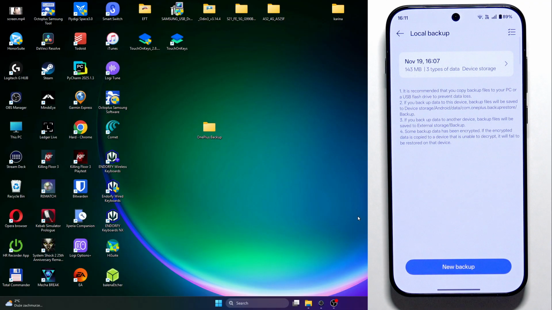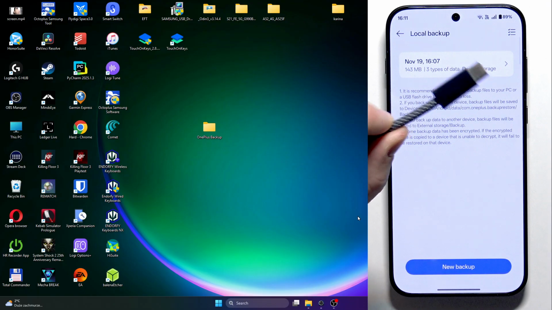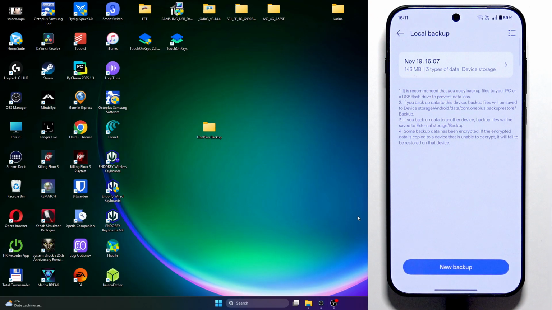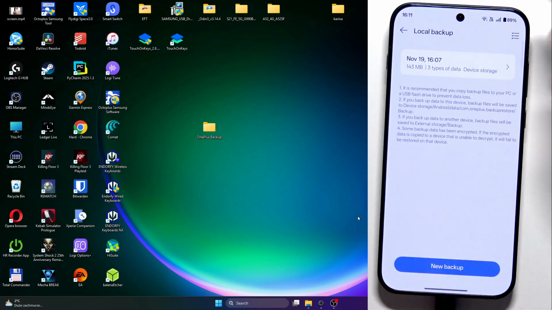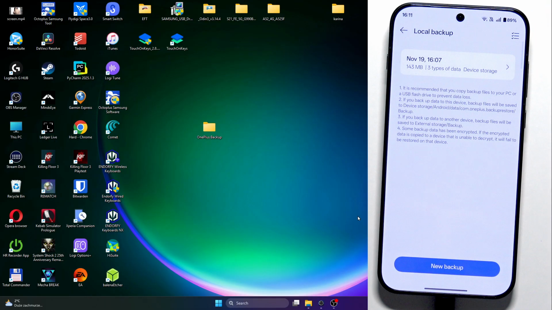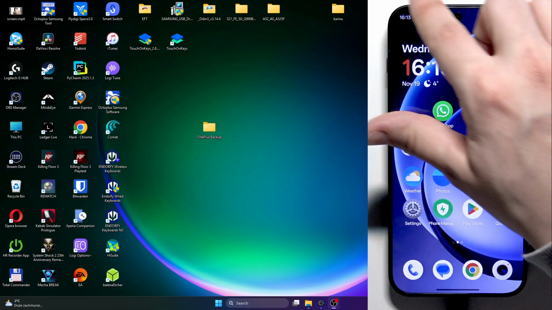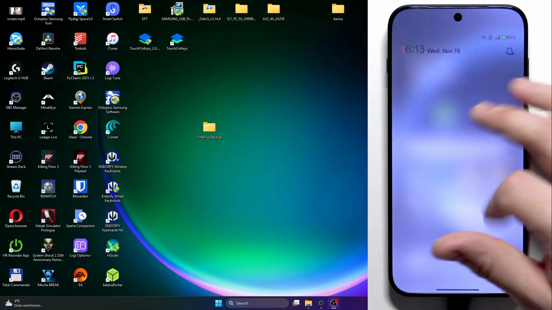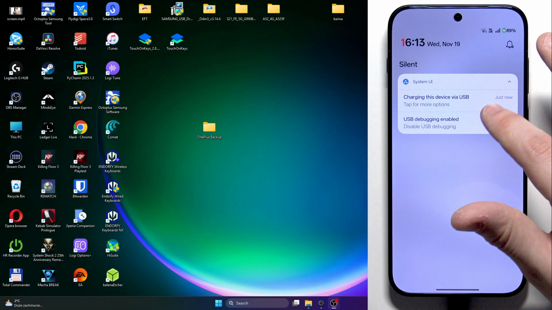Okay, now we need to connect our phone into our computer using the USB-C cable. So simply connect both devices to each other. Now, actually it should have started loading currently. Okay, now it will work. In my case, this option didn't want to launch, so I had to